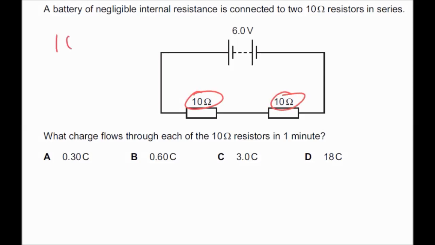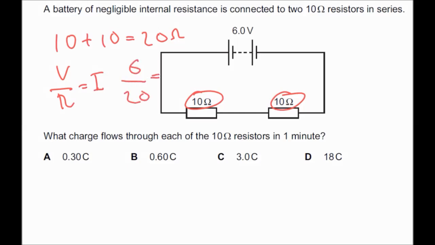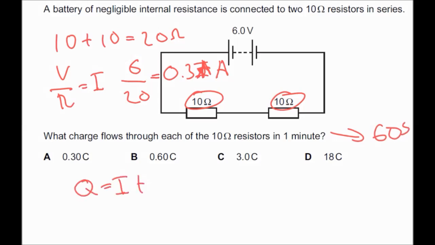So therefore the current is going to equal 6 divided by 20, which is 0.3 amps. So what charge flows in 1 minute, which is 60 seconds? So Q equals IT, which is equal to 0.3 multiplied by 60, gives us a charge of 18 coulombs, which